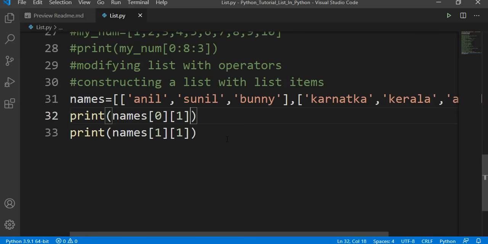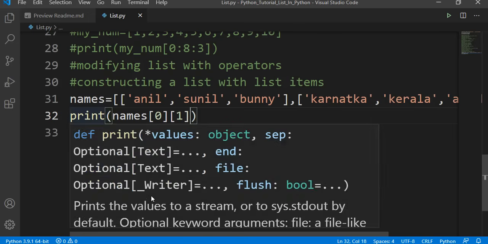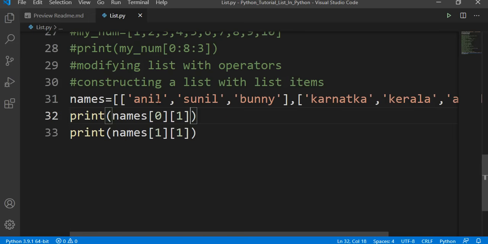So what does this 0 represent? 0 is nothing but the first list is your 0th list and the next nested list is your first list. So here the meaning is I am accessing the first element of the 0th list. So I am going to print the first element of the 0th list in the first print function, that is line number 32.